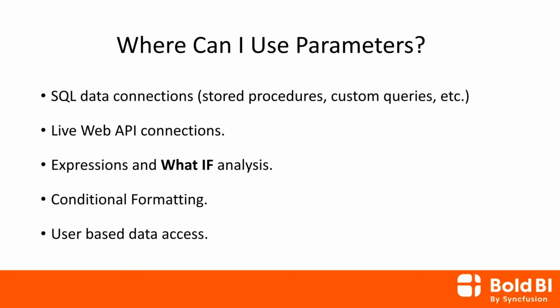You can also use the parameters in custom queries. And the second use case is in live web API connections. So we recently introduced the feature called live web API. Previously in Bolt BI, whenever you used a REST API to build dashboards, we would extract all the data from your REST API and store it in a data store that we have in the cloud, or when you use an enterprise version of Bolt BI, it is moved to your temporary database. And all the queries that are required to build the dashboard, like aggregation, sorting, and filtering, are executed or queried from the data store that you have.